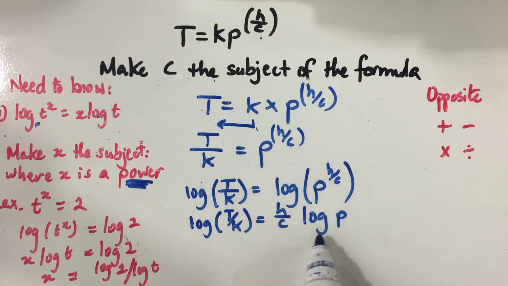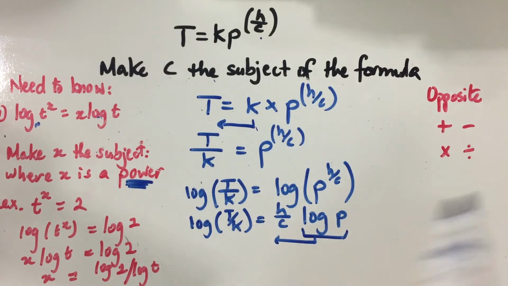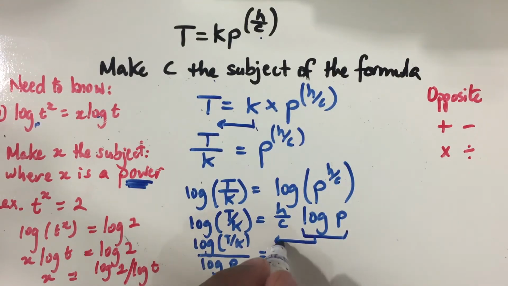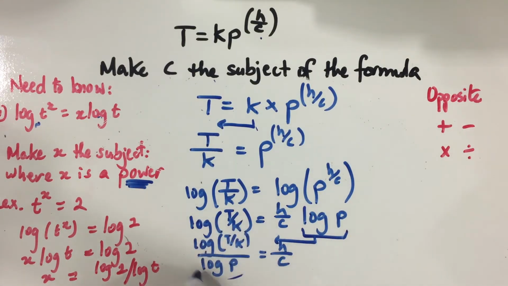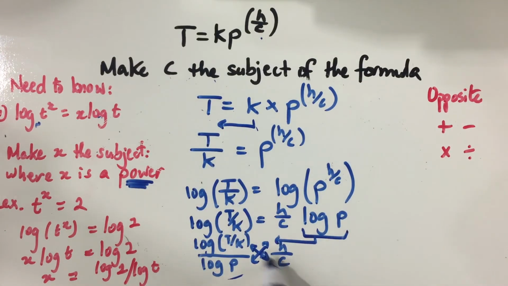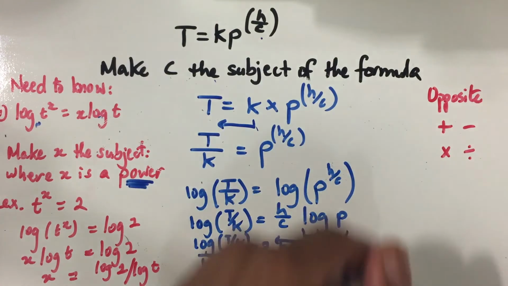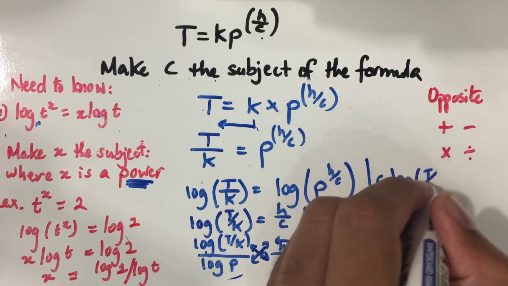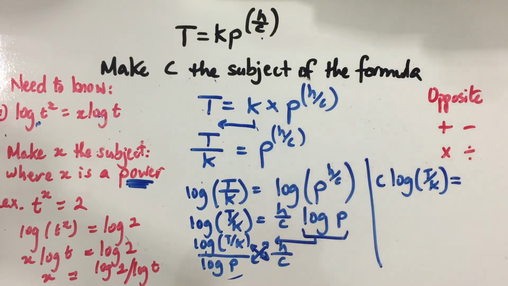Okay, so now if we want to move log p to the other side, the opposite of multiplying is dividing, so it now becomes log t on k divided by log p, which is equal to now h on c. Now we have one fraction on the left hand side and one fraction on the right hand side. Now we can use something that is called cross multiplying. So that's c times this and then log p times h. So I have c times log t on k is equal to